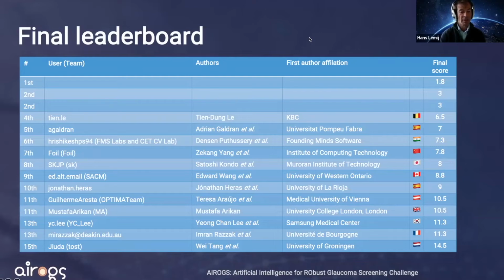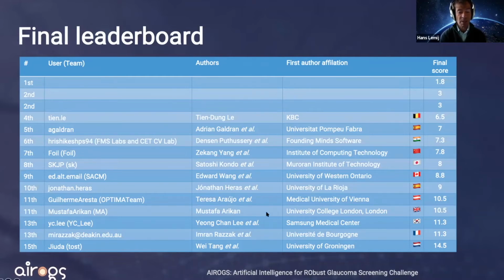I'd like to share my excitement about the results, because when we started out with this project, we were aiming for a sensitivity of 75%. That was our goal. But the winners have clearly exceeded that, and we've reached a sensitivity of about 85% at the given specificity of 95. So I'm quite excited. Here you can see the leaderboard of the 4th to the 15th